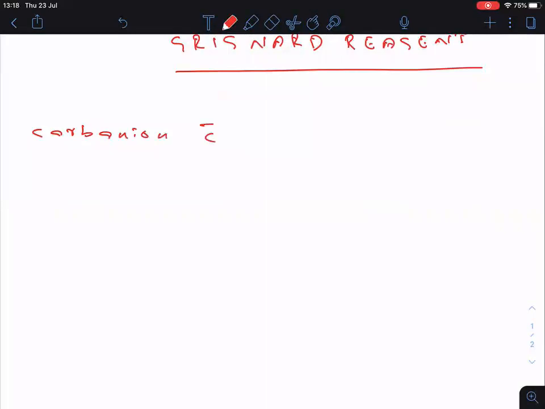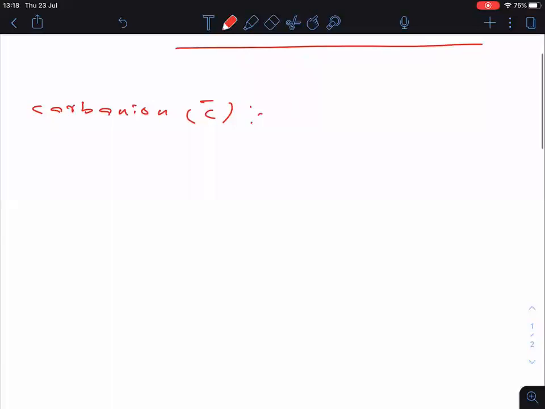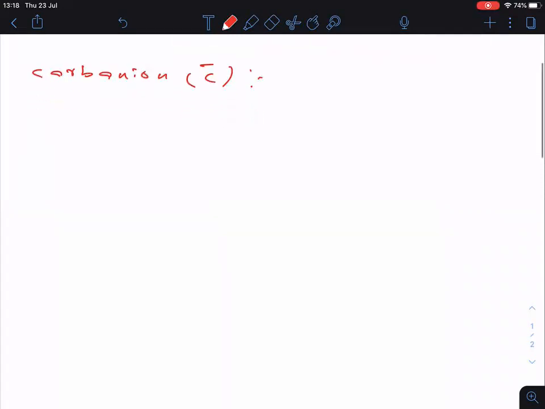You know a carbanion is indicated by C minus. In many books, like MS Chauhan and Himanshu Pandey, you might have seen that the Grignard reagent is a special lesson also. In North India, the Grignard reagent is taught as a special lesson. Just imagine how much importance there is for the Grignard reagent. So we are going to discuss the carbanion first of all.